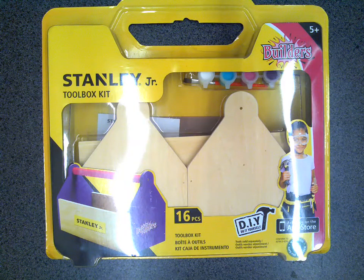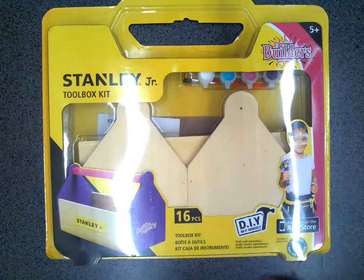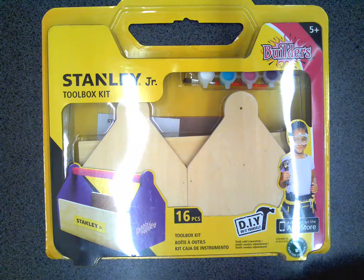All right, welcome to an exciting build video. We are going to be looking at this Stanley Junior Toolbox Kit. It is quite a bit smaller than the normal toolbox which we would hope to build, but